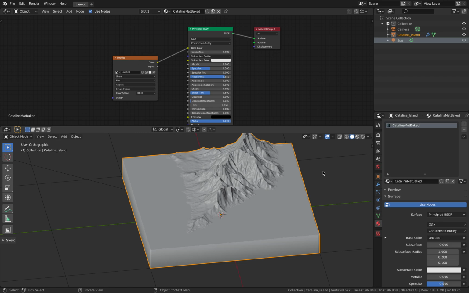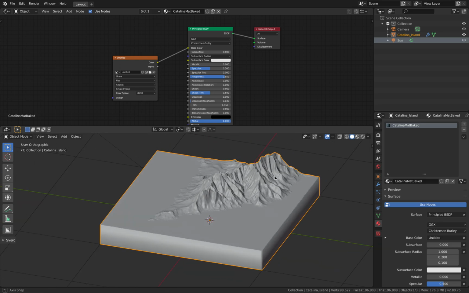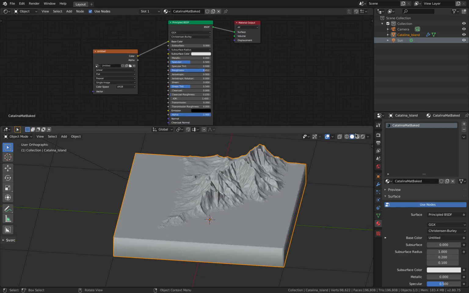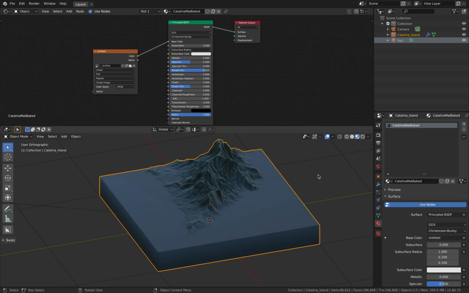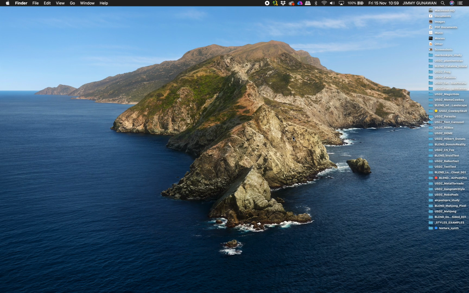In this episode, I want to show you how you can create 3D terrain augmented reality using Blender. So I will take you through the whole process. This is one example. This is actually Catalina Island. It was based on this, of course, but I grabbed the data